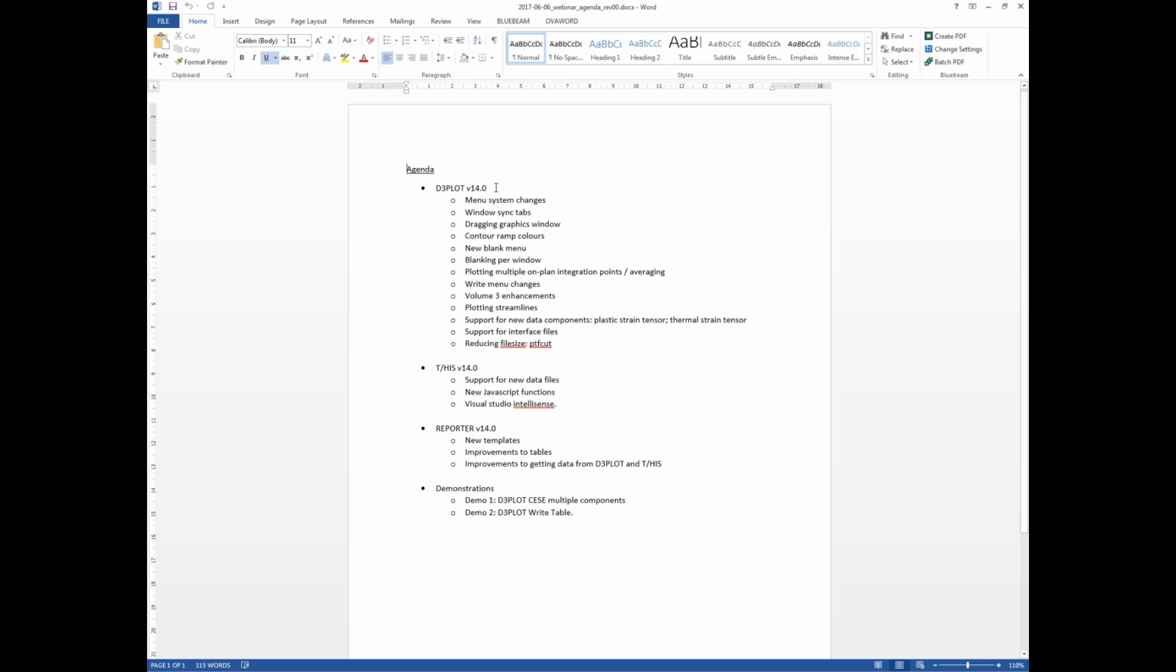So we'll start with D3plot version 14, the updates to that. Menu system changes, window sync tabs, dragging graphics window, contour ramp color changes. There's a new blanking menu, a new method of blanking per window. We have an additional feature which is plotting multiple on-plane integration points, right menu changes, volume 3 enhancements, plotting streamlines,